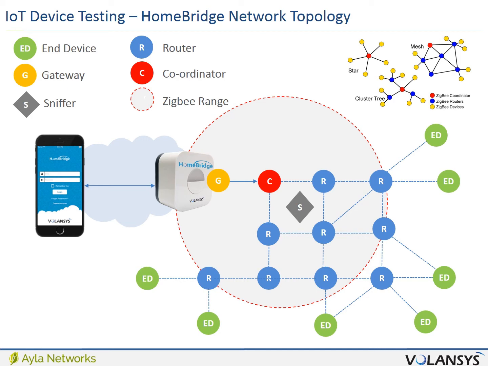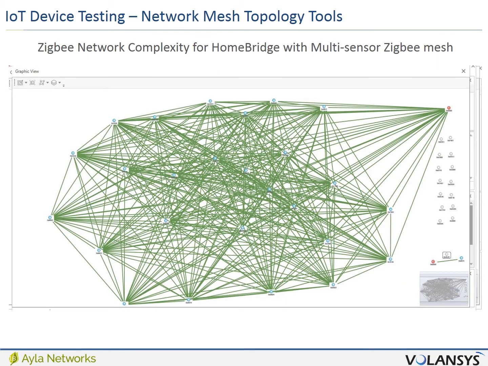Moving to the next slide. So this is an actual sniffer outcome diagram when home bridge is connected in a multi-device scenario. As you can see, there are a lot of alternate paths possible among this many devices. So it is a pretty complex routing to analyze and debug for the testing part. So these sniffer tools really help us here.